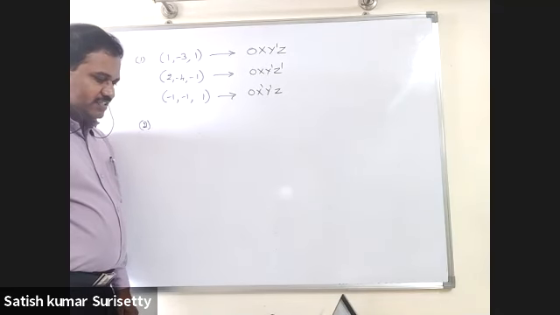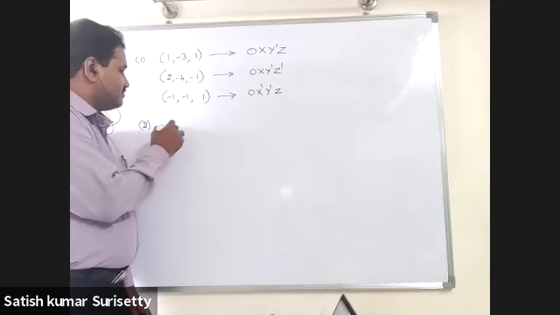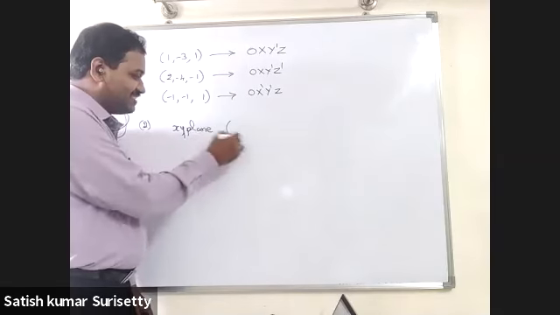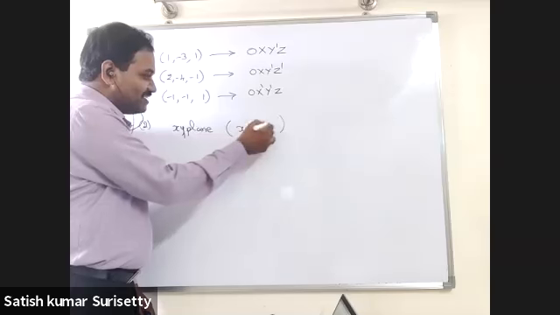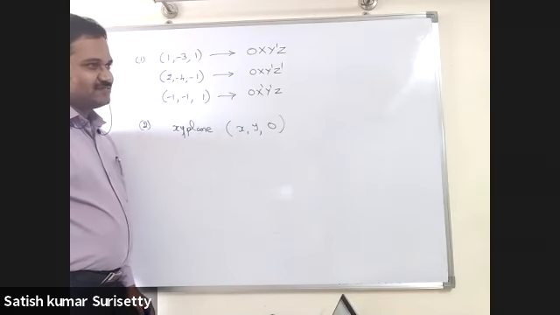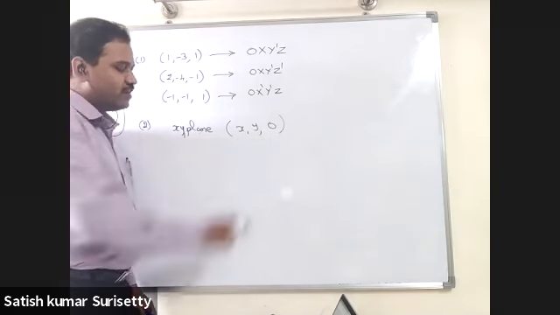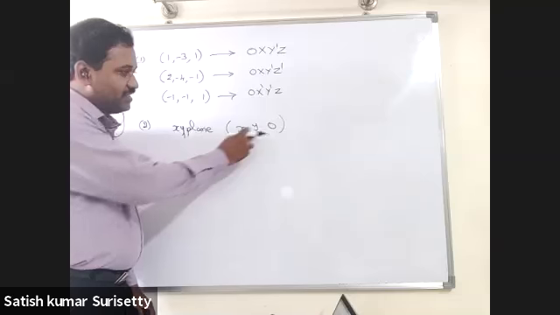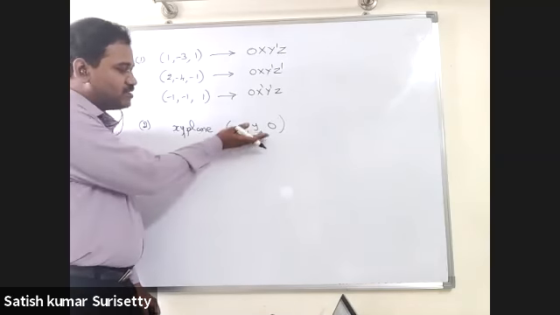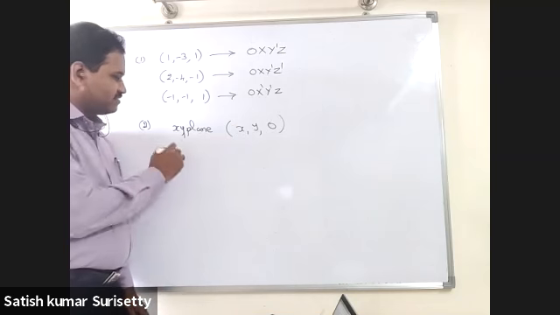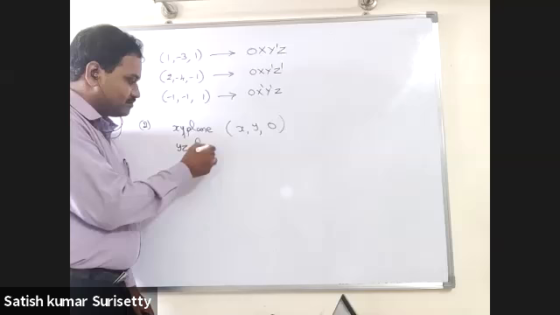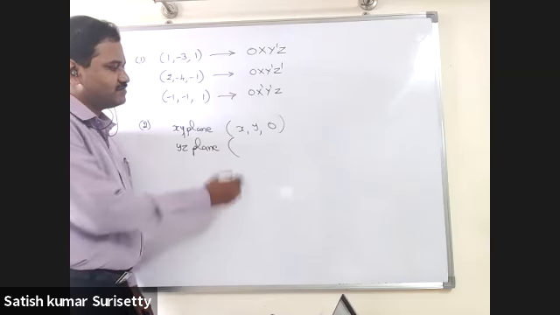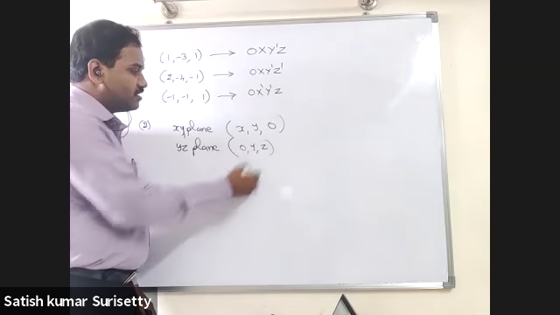What are the general coordinates of any point on the XY plane? Z is equal to 0. Coordinates X comma Y comma 0. Because a point is asked, so you are right. The Z coordinate is 0. So the general coordinates of any point on the XY plane are X comma Y comma 0. That is basically two dimensional. In the same manner, for the YZ plane, the coordinates are 0 comma Y comma Z.